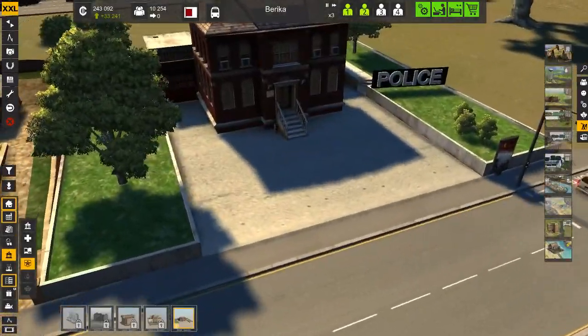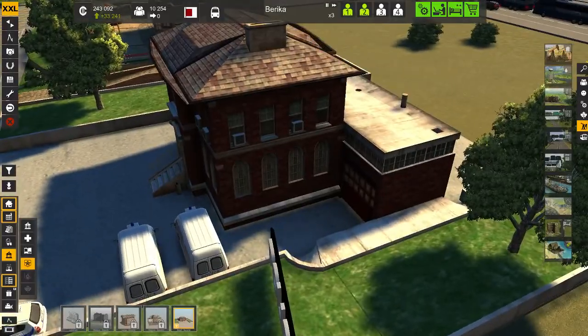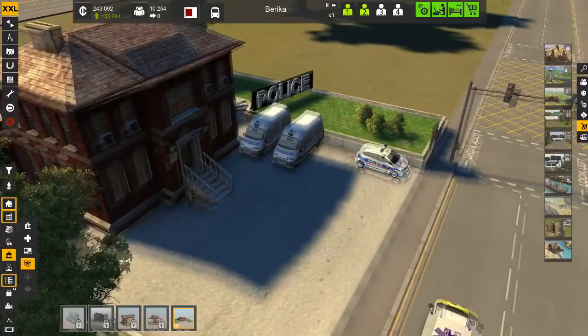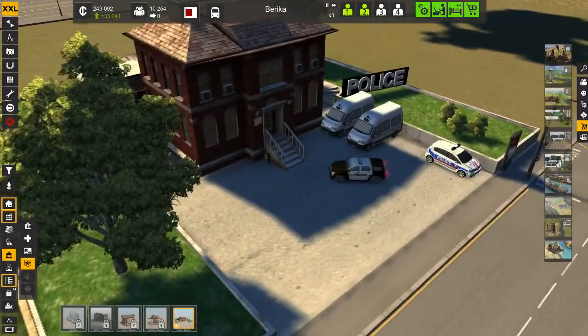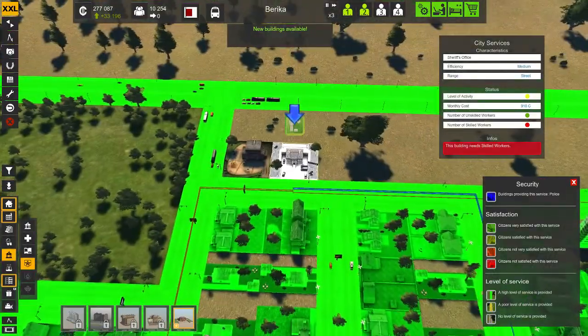And let's have a look at it. The sheriff's office doesn't look too bad actually. It's not a bad building. I suppose that garage at the side isn't exactly the best. But as you can see, the police cars are kind of well detailed. There's police vans. There's an SUV there, which is pretty cool. If we zoom out,